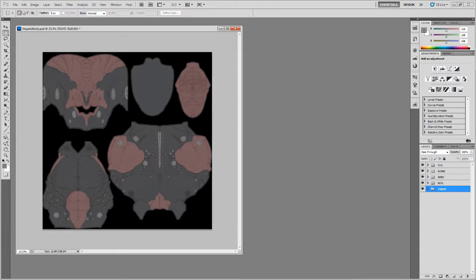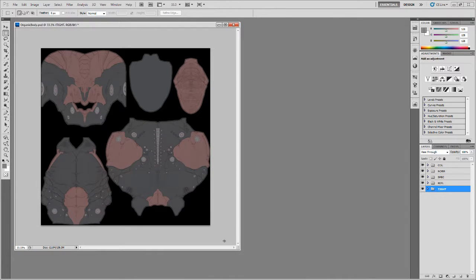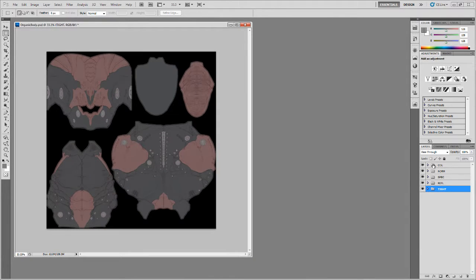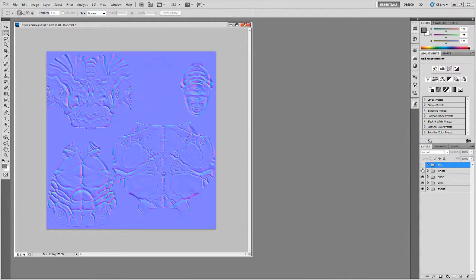So I'm going to hop on over to Photoshop, and I did want to point out that I like to work in these layer groups here. If you just click this new button down here for a group, you can make a group and give it any kind of name that you want. I like to group things. Obviously I've got my color, COL for color, norm for normal maps, spec, reflection, and then this is tightness here for